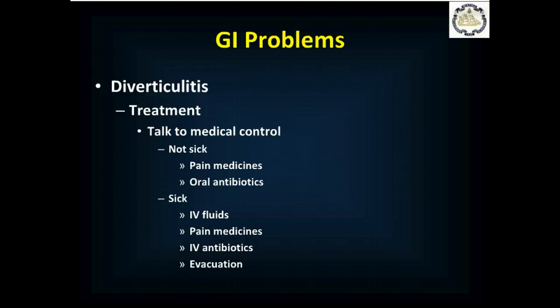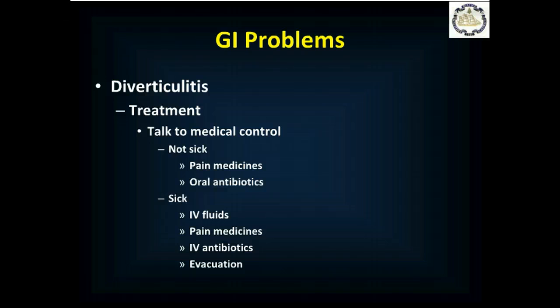Now, if you think someone has diverticulitis, talk to medical control, and your big clue on this is going to be they have a previous history of diverticulitis or diverticulosis, and they say this feels like their previous diverticulitis. So you talk to medical control. If they agree with you and the patient's not sick, they have no peritoneal signs, their vital signs are normal, they don't have a fever, you may be able to keep them aboard with pain medications and oral antibiotics. And keep in mind that pain medications, particularly narcotic pain medications, tend to be constipating, so you'll probably need to put them on a stool softener as well to help control that,